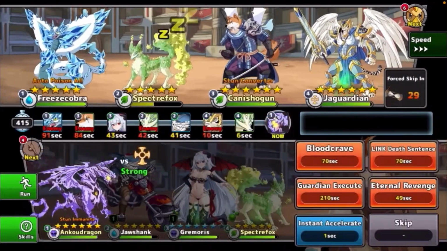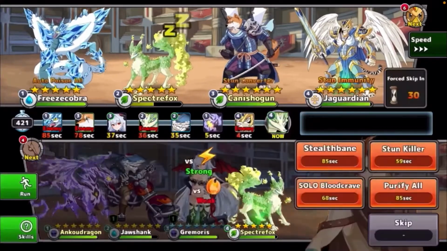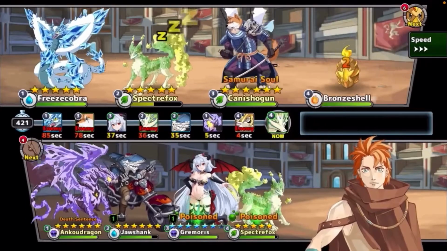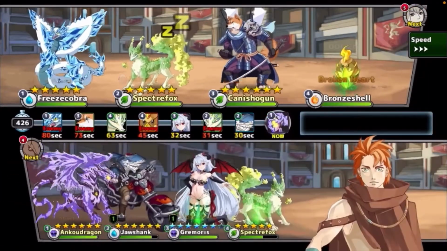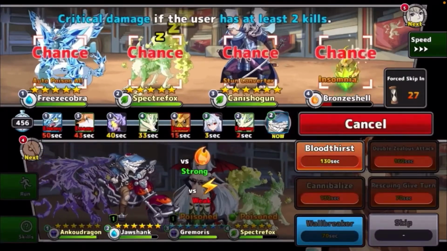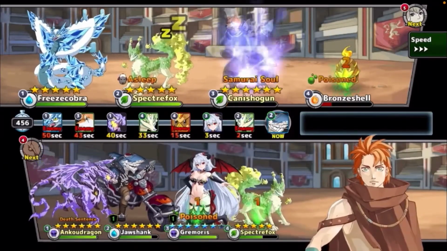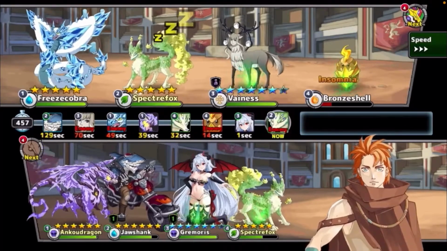poisoned have kills. And I actually got super lucky that that Dreamy Entrance hit Spectre Fox, because Spectre Fox is the only one with Purify. And so then I skip, get my Spectre Fox to have a turn, and kill his Jaguardian. And now I've got Bloodthirst charged on my Jawshank. I've got Solo Blood Crave charged on Spectre Fox. He's got a Vainness who's going to do nothing, and who also lost her shield because of the poison field